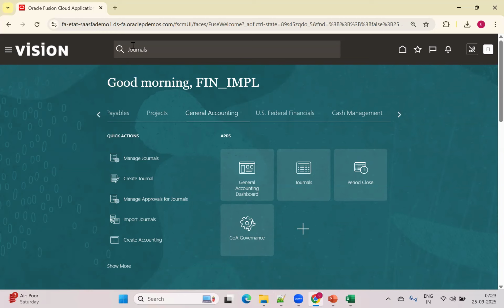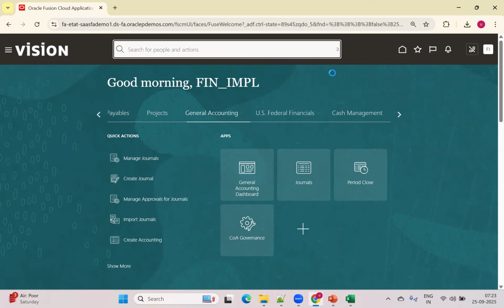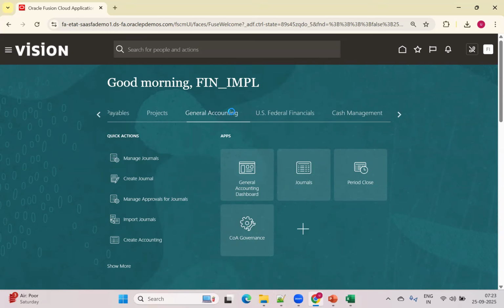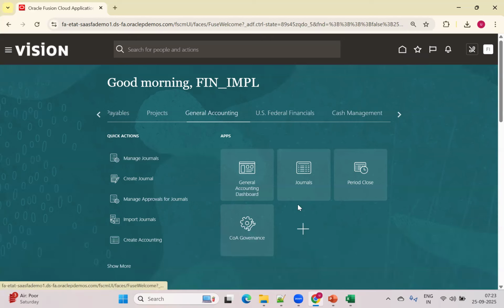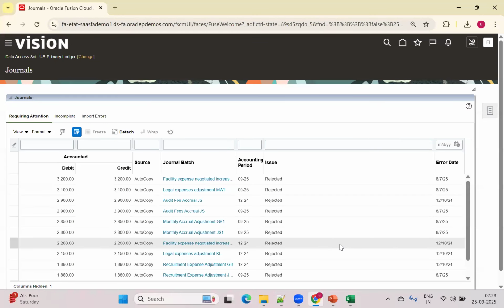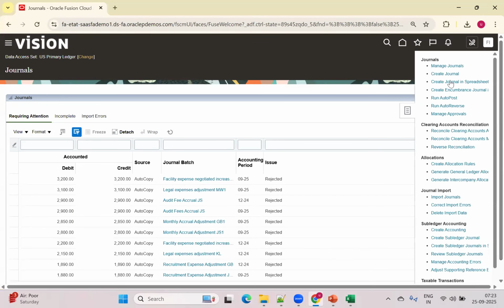Now moving forward, we have talked about the navigator, the springboard, and the work area or the info tile. Now this is the home page icon. I have already used this option a couple of times, but I will show you again. If you are anywhere, like in the journals screen and in create journals as well,